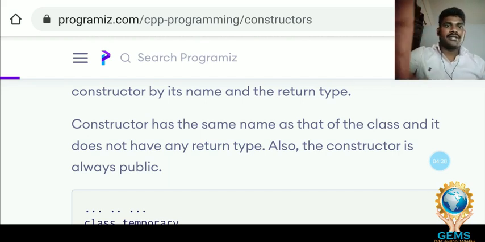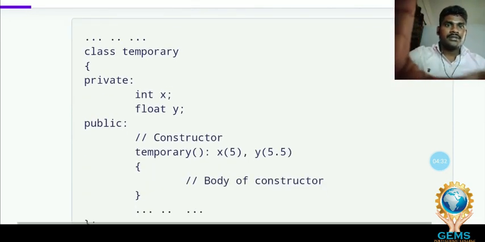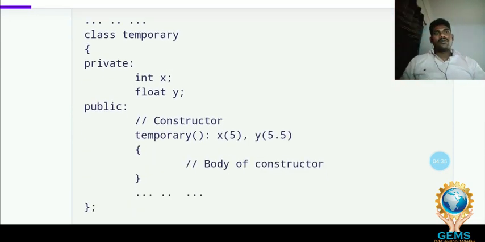You will see a small example here. In this pseudocode, there is a class. The name of the class is Temporary. Two data members are given: int x and float y.